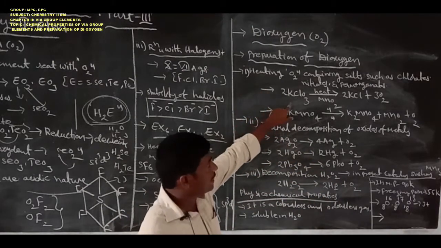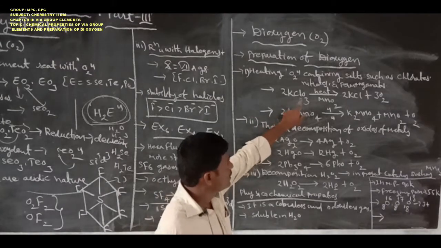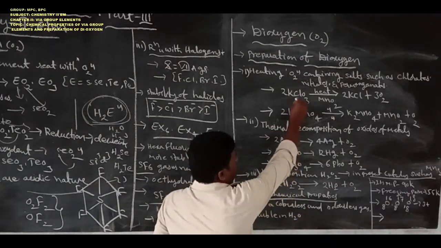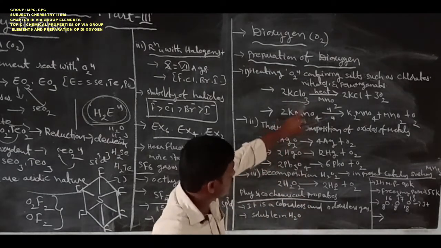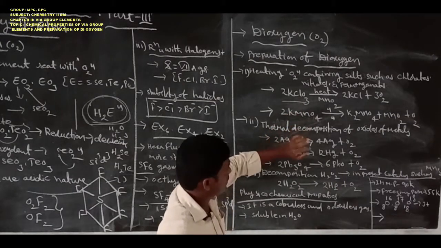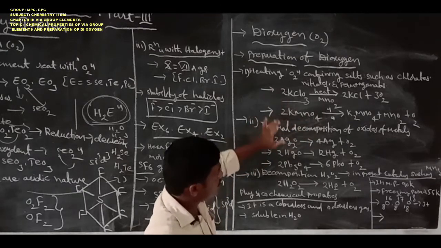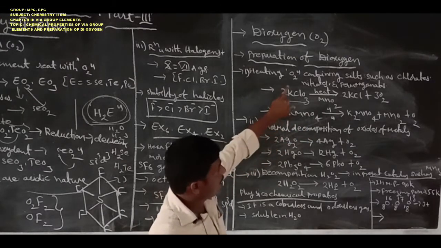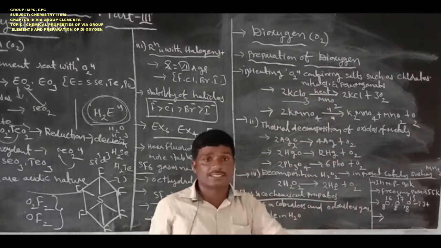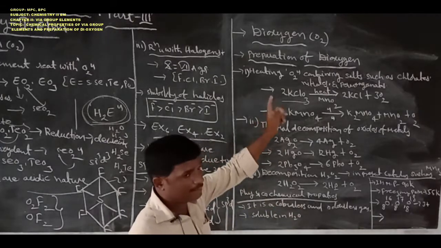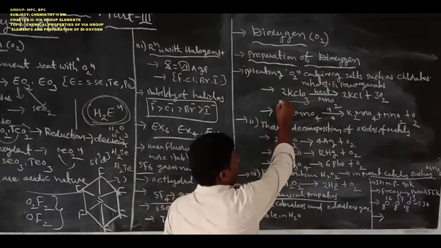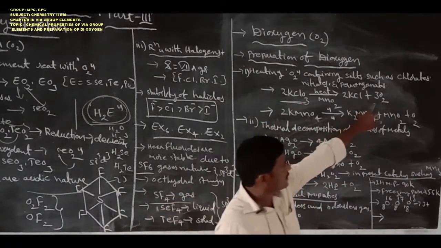Here the heating of oxygen-containing compounds, such as potassium chlorate, contains oxygen. Next, potassium permanganate also contains oxygen. When those salts, potassium chlorate and permanganate, are heated, those two compounds release oxygen. So heating the oxygen-containing salt potassium chlorate forms dioxygen.